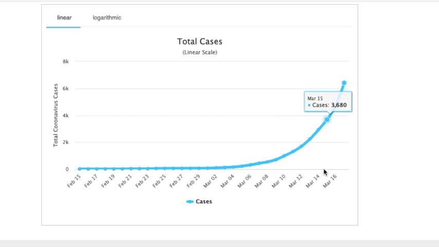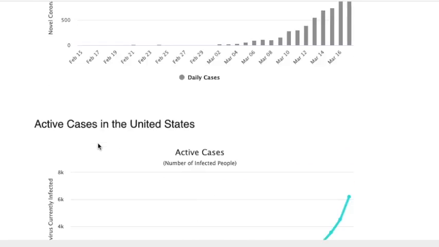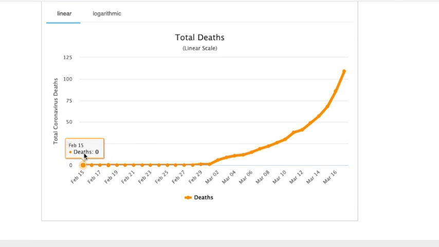thousand. So that number we saw at the top of the screen has not been updated yet on this chart. Remember, they only put a point on the graph every day, so we haven't seen that new point. So very, very quickly, these numbers are going up. And deaths are the same. They're growing exponentially. You can see this curve just picking up and very, very quickly getting us into the hundreds.